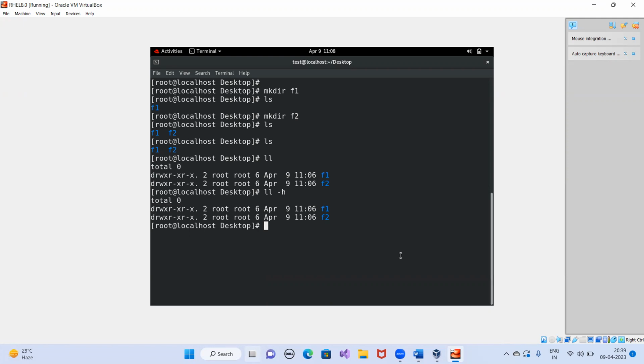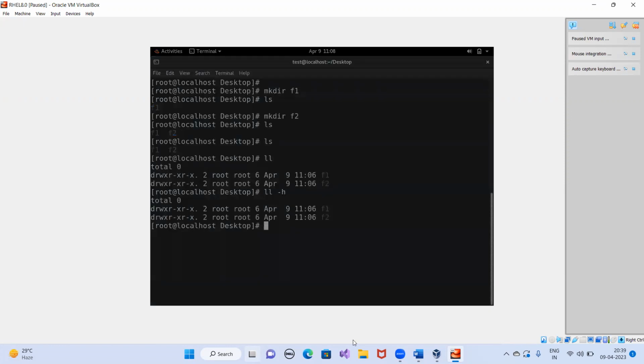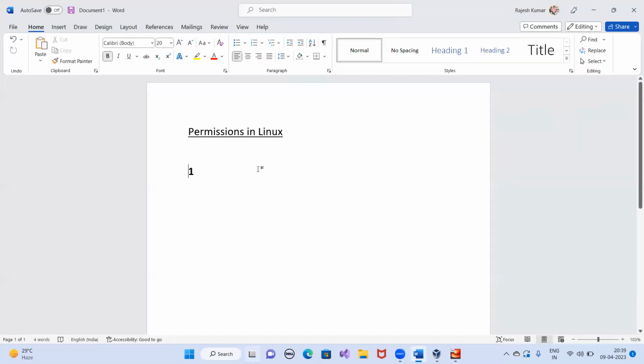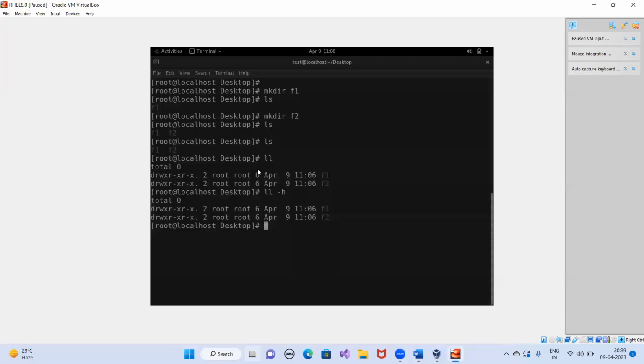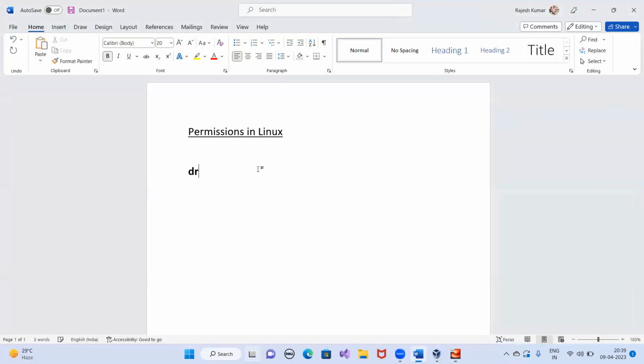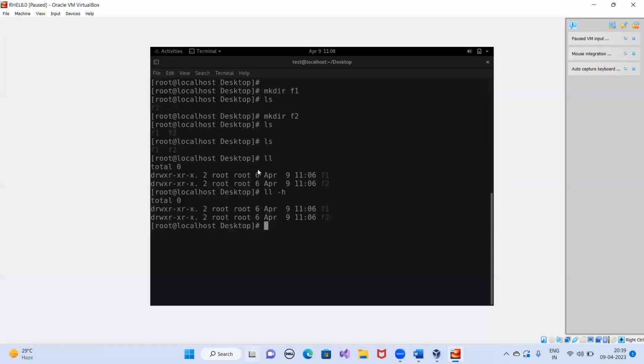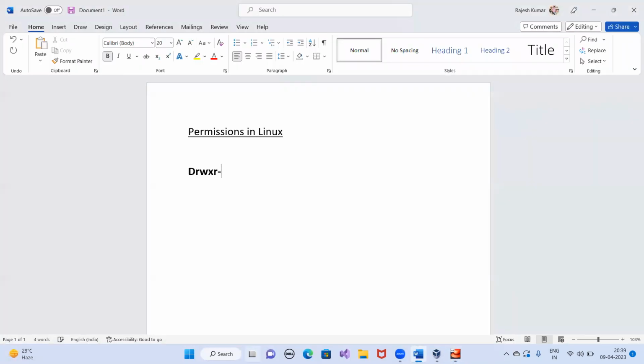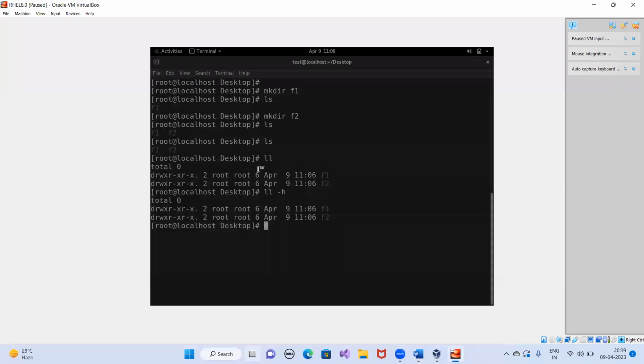So let me write it in a notepad in a file so that I can make you understand. The syntax is drwxr-xr-x. This is the syntax.